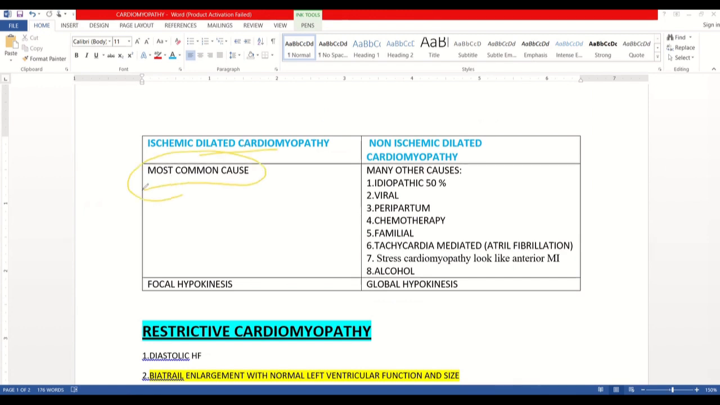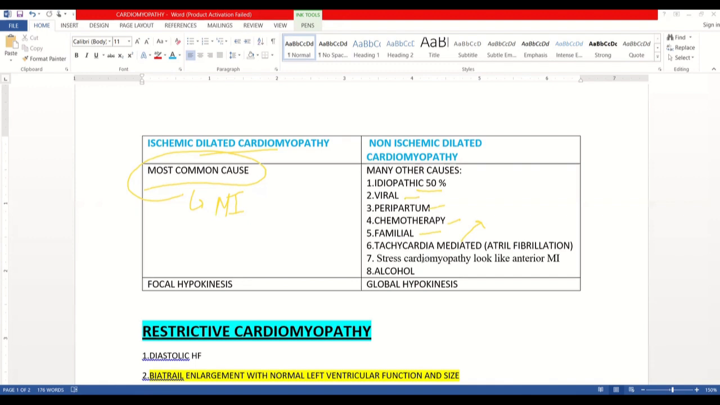Ischemic is the most common cause of dilated cardiomyopathy, like MI. Non-ischemic dilated cardiomyopathy has multiple causes: idiopathic, viral, Coxsackie B virus, peripartum, chemotherapy, doxorubicin and anthracyclines, these kinds of anti-tumor antibiotics, familial, TTN gene mutation, tachycardia mediated dilated cardiomyopathy, particularly atrial fibrillation, increase the risk of